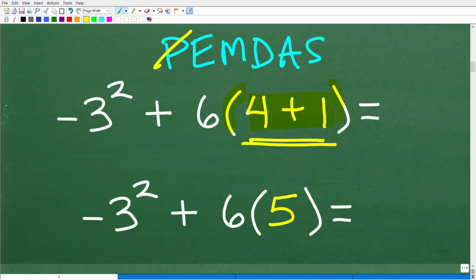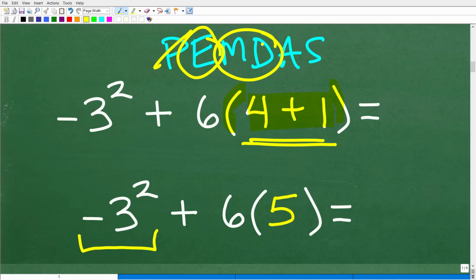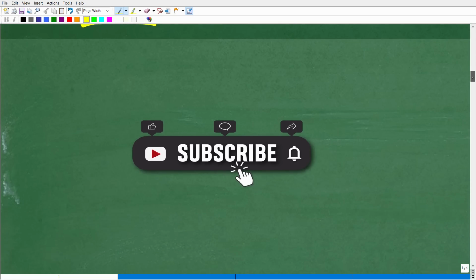So the next thing on our list is exponents, powers. Do we have any powers? Yes, indeed, right here. So we're going to have to take care of that before we move on to any multiplication or division and addition and subtraction. And this is the part of the problem that tends to give a lot of people confusion. And I'm going to answer exactly how to handle this situation in just 1 second, because I want you to